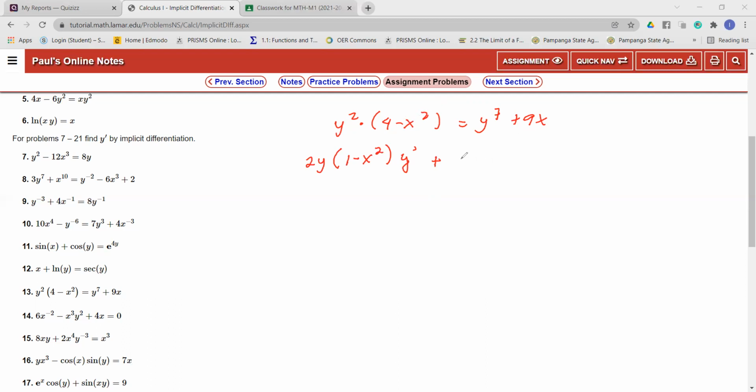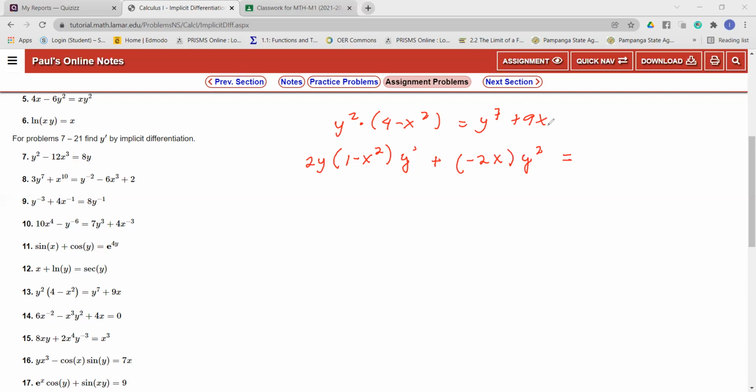Negative 2x times y squared. Ang y squared parang constant lang siya. So, again, derivative of the first times the second, with y prime because this is y, plus the derivative of the second, that will be negative 2x times y squared, okay, equals